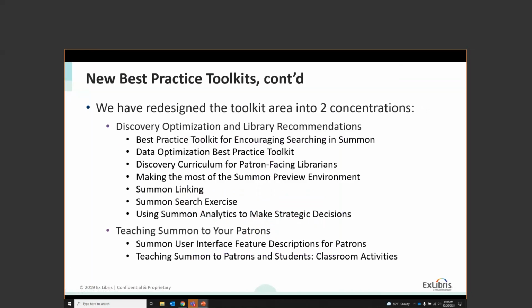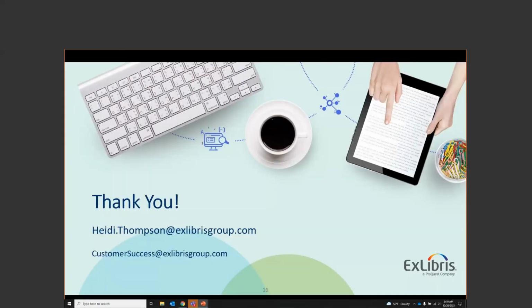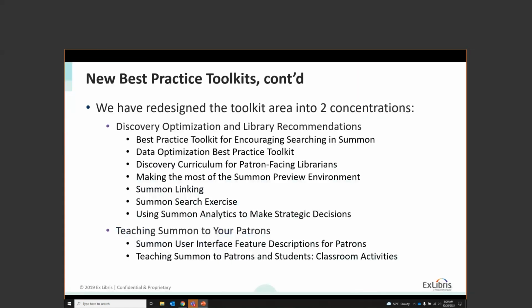But we have actually updated this area. We have split the sections into two concentrations. We have split it into discovery optimization and library recommendations. And then we created a new area of the best practice toolkits that is just about teaching Summon to your patrons. And the goal of the teaching Summon to your patrons area is to make it easier for you to create documentation that you can use externally to your patrons in order to help them understand the different concepts of Summon and the different features that are available in the Summon